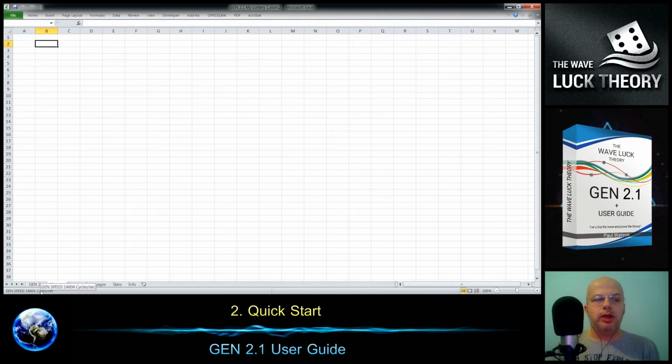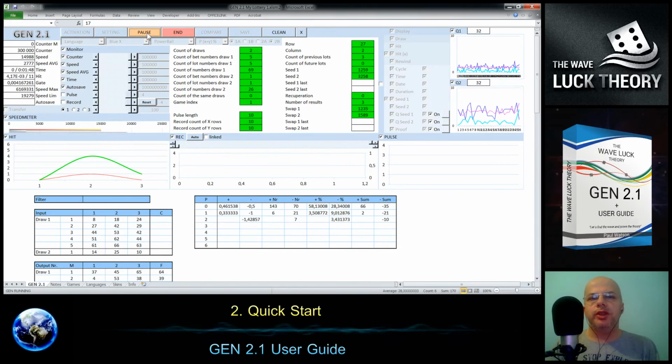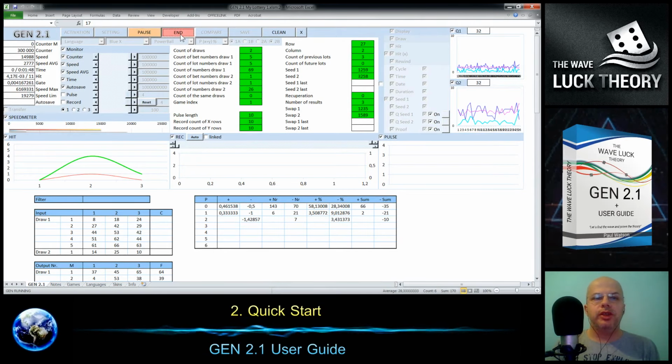So we got around 14,000 cycles, which is very good. We go back, and if you want to open another file or to do some work, you can pause the Gene. Now it stops, and after that you can continue it. If you need to stop the generation and run it during evening or at another time or on another computer, just click end,